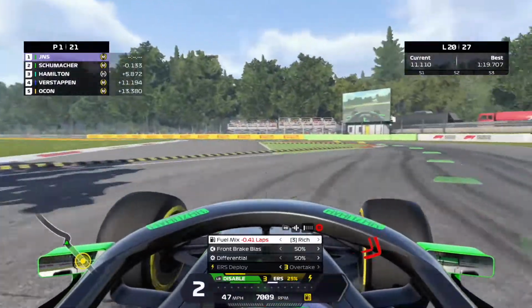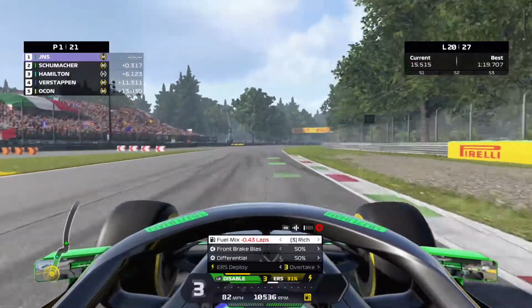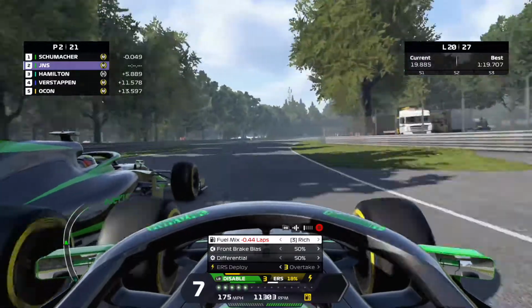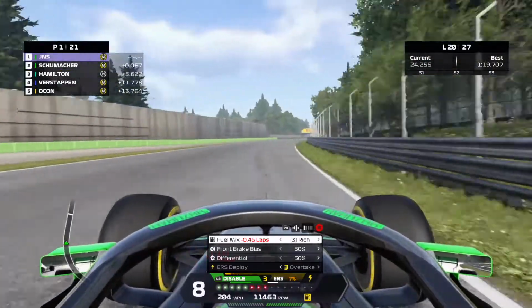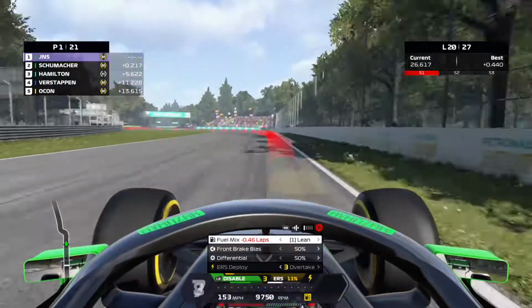We go to the outside one more time. We go all the way around the outside. We get a much better exit this time off the second part of the Rettifilo, but Mick Schumacher is going to come back at us. We're going side by side around the Curva Grande like Vettel and Alonso in 2011. James JNS and Mick Schumacher going side by side around the Curva Grande, but we hold the lead of this